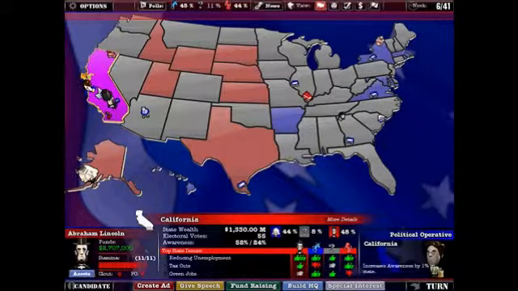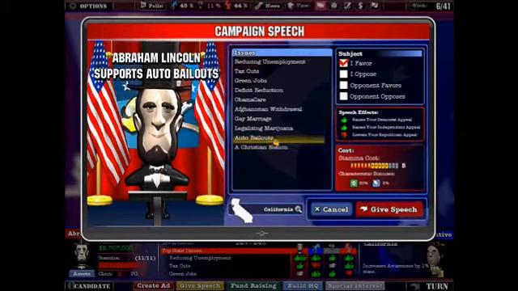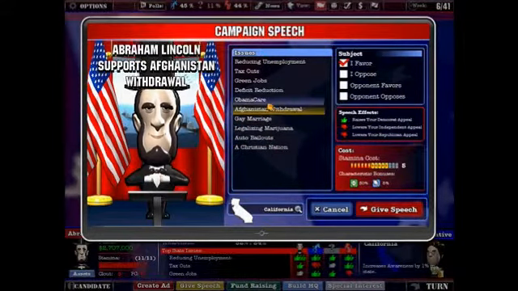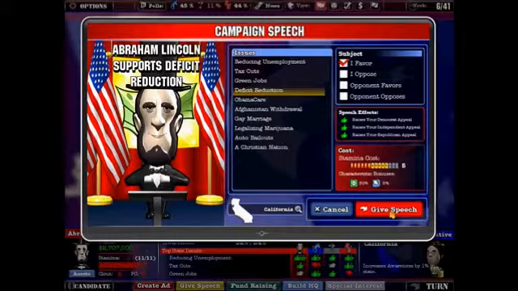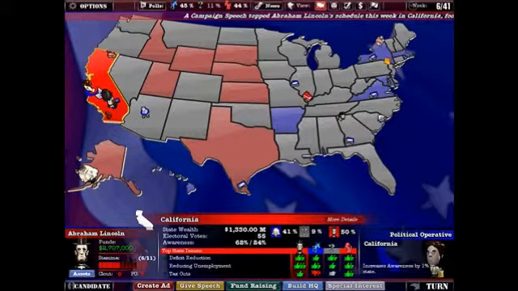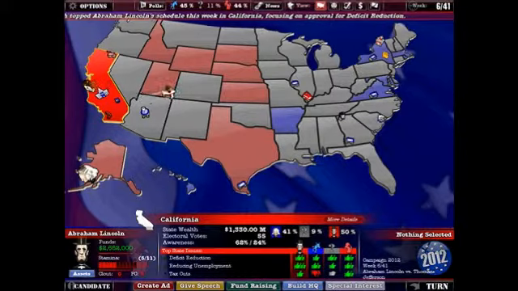So now, this purple state means that the state is highly contested. Both candidates have high awareness. Not necessarily so, but it's hotly contested. Only 4% separating me from Thomas Jefferson. To talk about how I favor reducing the deficit. Look at that! California is very, very red today. I like that. So now I'm going to travel to